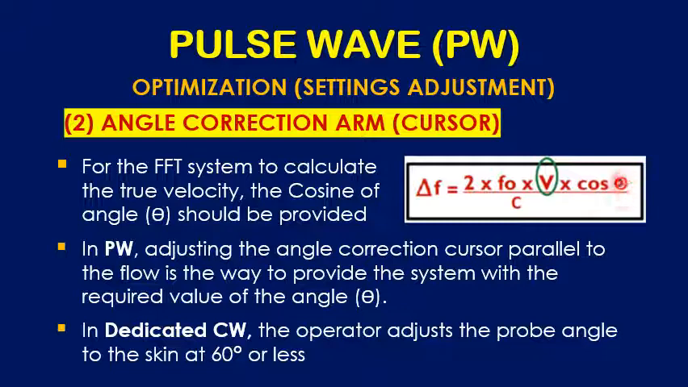So how can I provide the angle theta? If this is the way because I want to put the angle correction arm parallel to the flow, it means that I'm providing the angle theta to the system. Okay, so how can I do that? In the pulse wave Doppler spectral waveform, I can do that as I mentioned by the cursor or the angle correction arm. But in the dedicated CW, I cannot provide this to the system, but the system